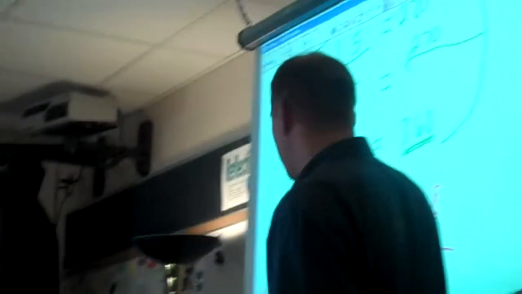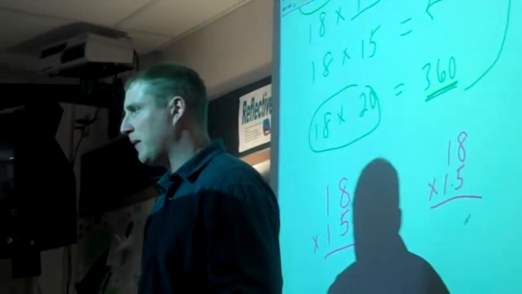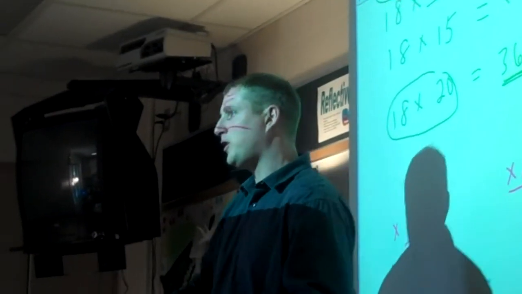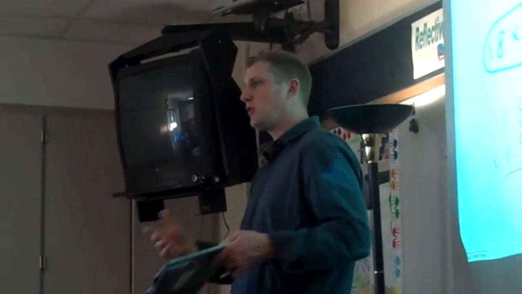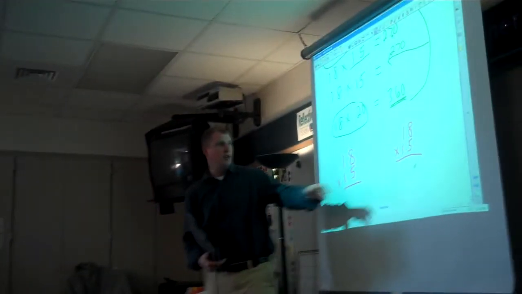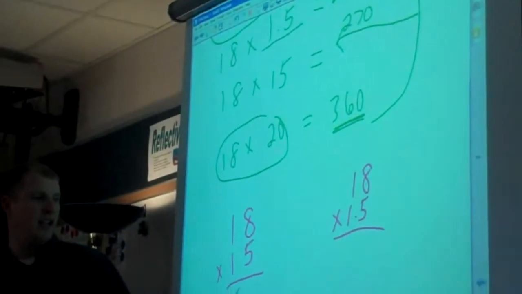15, 1.5. The only difference is one of them has a decimal point. But this one right here is 10 times as small as this one. And I always use 10 times. You're like, what do you mean 10 times? Every time my number goes up, it's 10 times as much. 2 goes to 20, 10 2s. 20 goes to 200, 10 20s. So every time I go up, it's 10 times as much. Every time I go down, it's 10 times as less. So this is 10 times as small. So my answer, which was 270 over here, is now